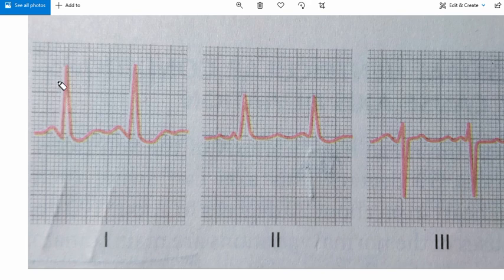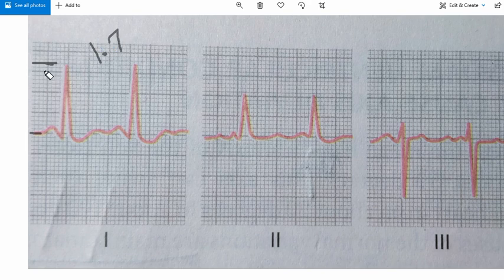This is lead 1, and first you find the potential of lead 1. It is deflected towards the positive potential, and we see how many boxes it covers in the upward direction. It covers 3 large boxes and approximately 2 small boxes. Elongated in a vertical direction towards the positive side, it covers 3 large boxes, and 2 large boxes is equal to 1 millivolt, so 1 large box is equal to 0.5 millivolt. Total in the positive direction, it covers approximately 1.7 millivolt.